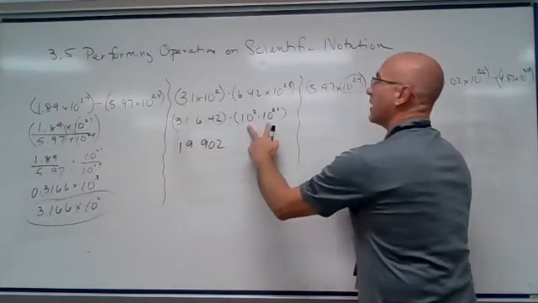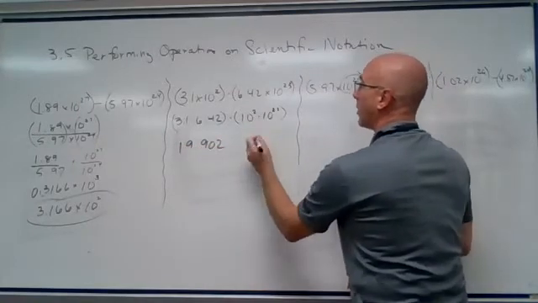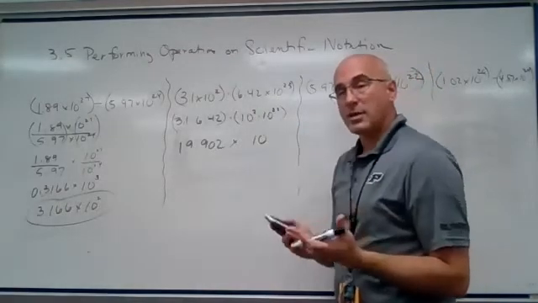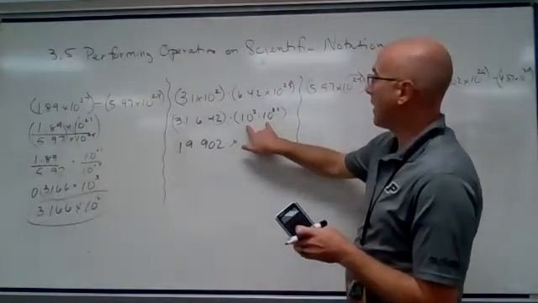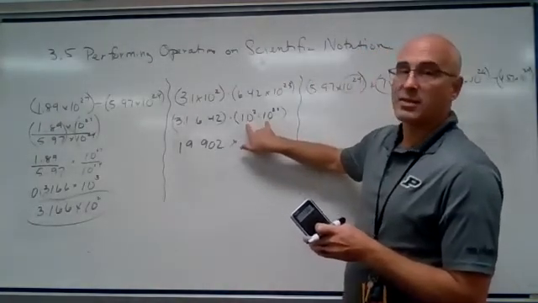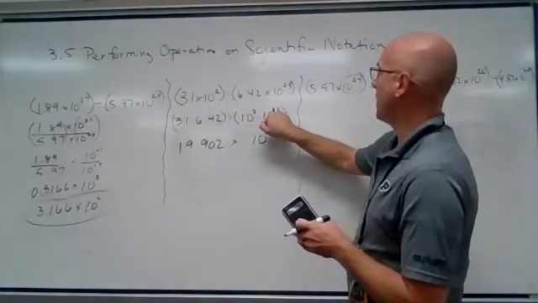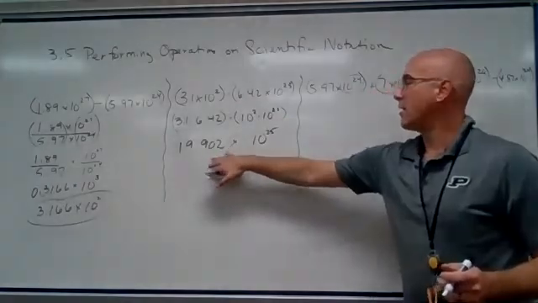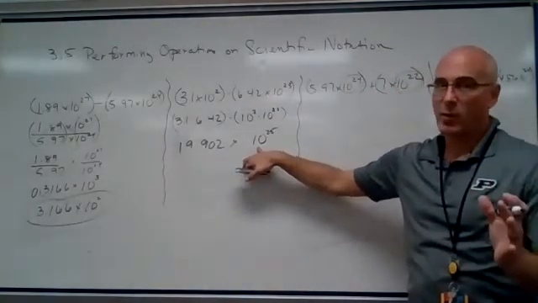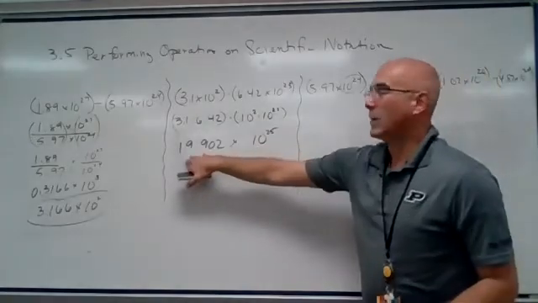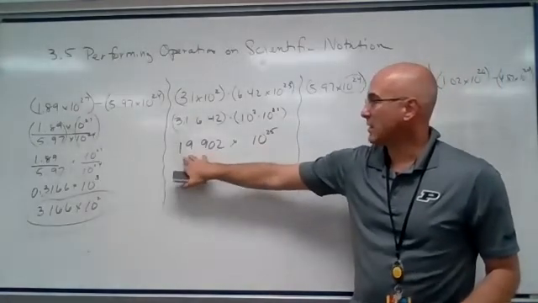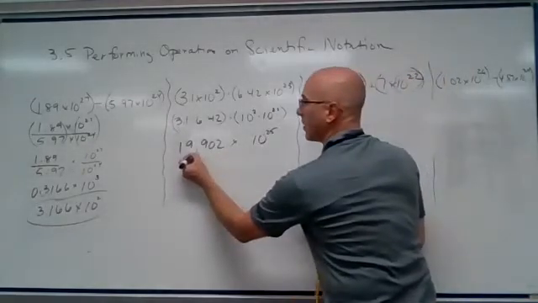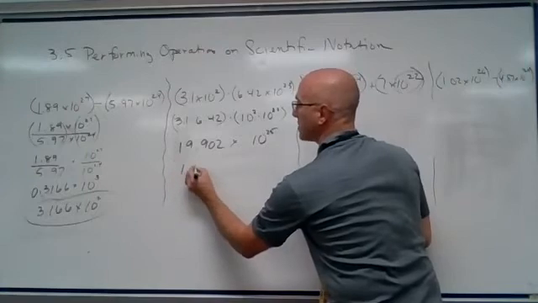19.902, and now we are going to get a 10 to a power. We know from our properties in the last lesson that when we multiply exponents that have the same bases, we keep the base and we add the exponents. So we have 19.902 times 10 to the 25th. You might think we're done, but wait. We need to get this in scientific notation, which means a number between 1 and 10. This is 19. So we are going to move that decimal place to the left